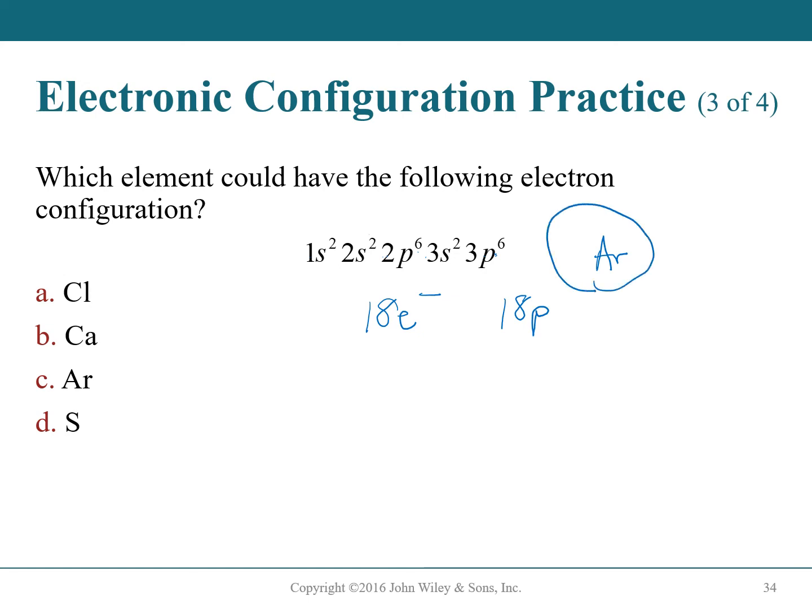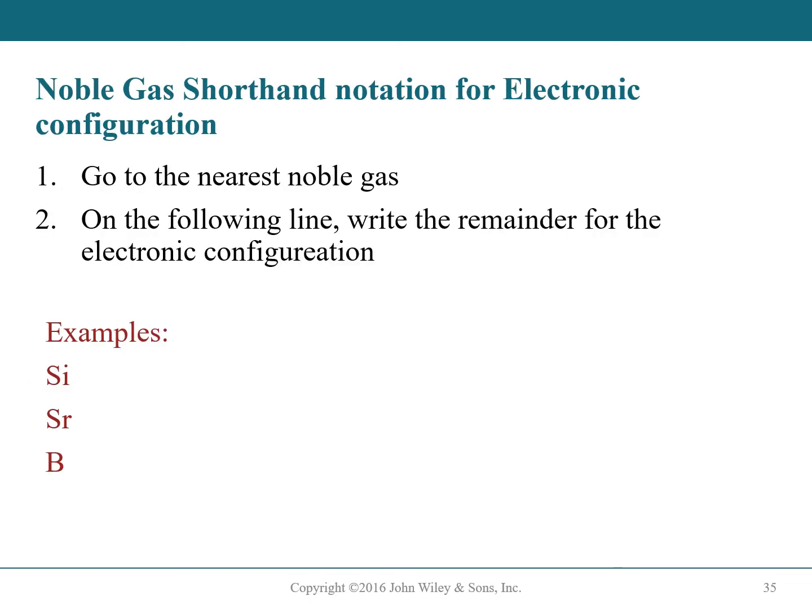Okay, so we're working backwards. This tells me I have 18 electrons. And then to be neutral, that means I have to have 18 protons. We looked that up on the periodic table, and it gives us argon. Okay, so let's go through